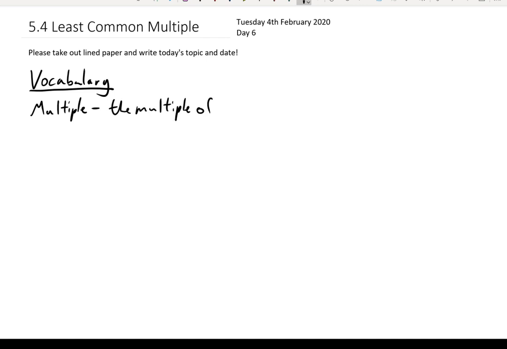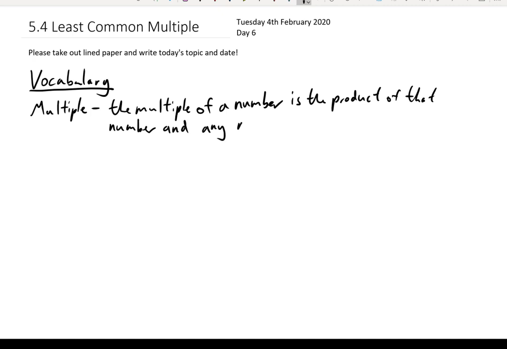The meaning of multiple: a multiple of a number is the product of that number and any non-zero whole number. Okay, so that's the definition of multiple. So for example,